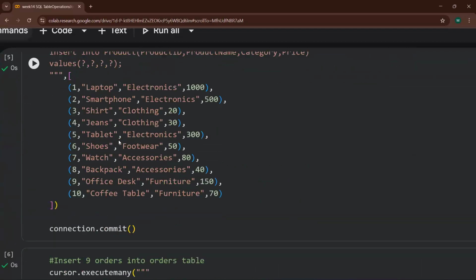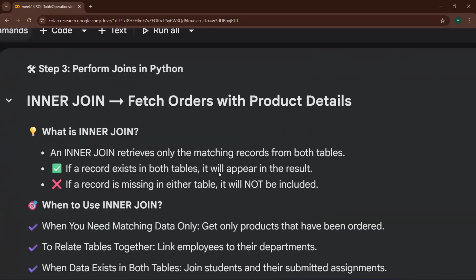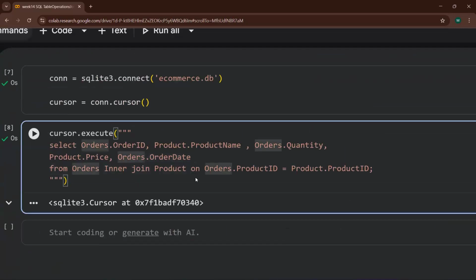And from the product table, we had product ID, product name, category, and price. I got product name and price. If you want category, we can get category as well. Just put product dot category over there. If you do not want, you can skip that as well.